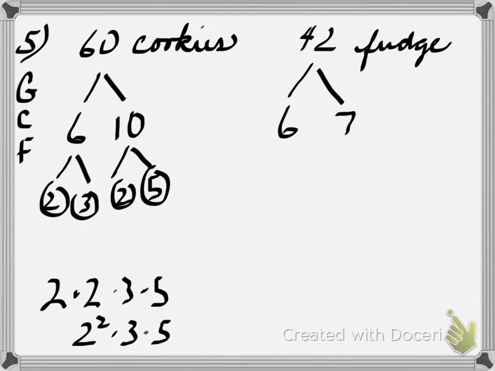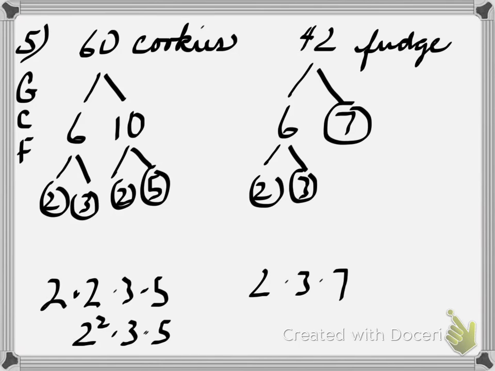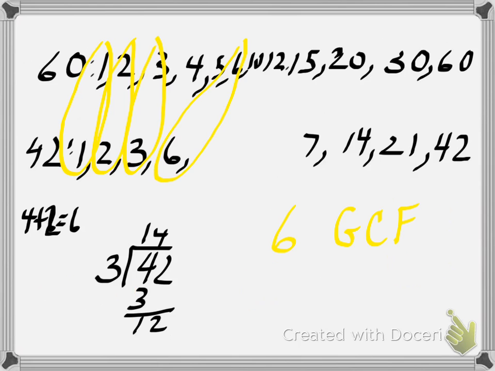42 is 6 times 7. 7 is prime. 6 is 2 times 3. So we can see we have 2 times 3 times 7. So now we're going to look for what they have in common. To look for what they have in common here, we can see they each have a 2 and they each have a 3. So what they have in common is 2 times 3, which is going to equal 6 as our previous one. So we're going to have 6